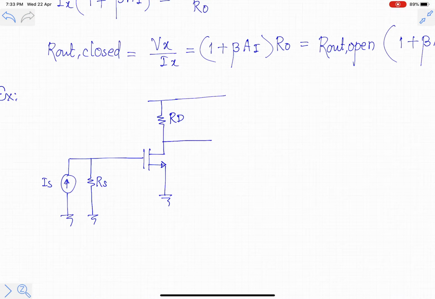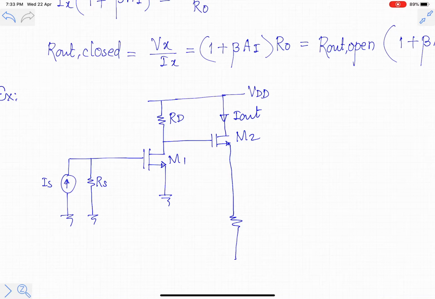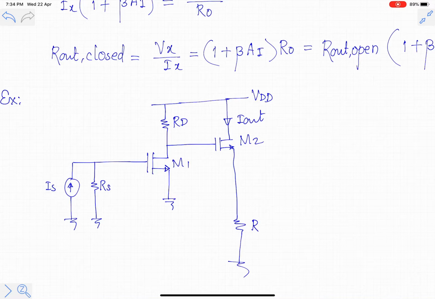The output of this is connected to another MOSFET, say NMOS. This is VDD, this is M1, this is M2. The output quantity is a current, this is I out. To convert the current into voltage, generally resistance RS2 will be inserted in the path of I out. And in order to subtract the current, one feedback resistance RF is connected.